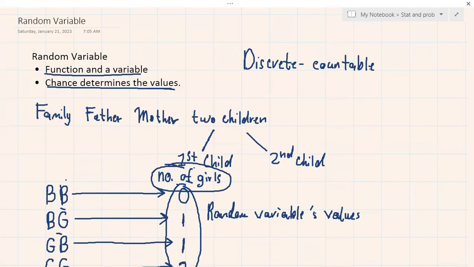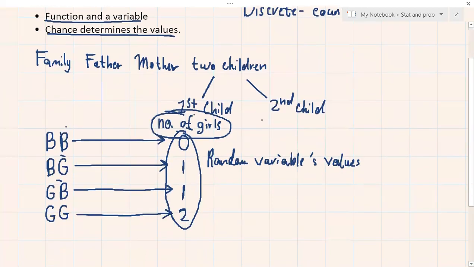Those are countable. Pero what if usapang height, usapang weight, usapang like let's just say sabihin nating something that are impossible or almost impossible to count. Alam mo yun, parang yung mga bagay na hindi siya almost countable. Alam mo? So yun ang tinatawag natin na continuous. Pero for now, we will stick to discrete. Okay? Stick muna tayo muna sa basic, yung discrete. Okay? So yun, that's it.